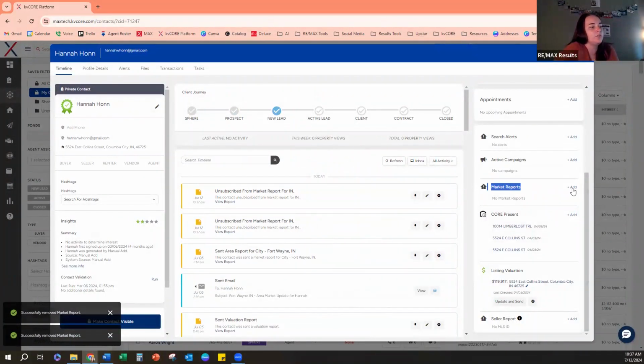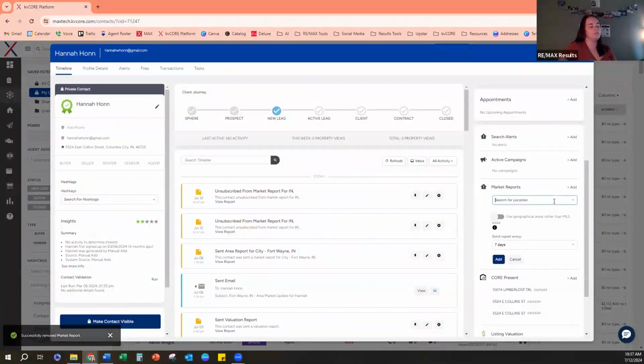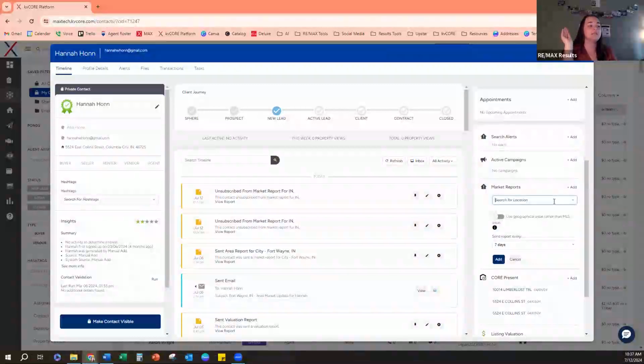So for market reports, you'll just click add and all you have to do is search for a location. This can be a zip code, a city. Some neighborhoods will come up. I find not all of them do. I think the newer ones don't tend to come up. But cities, zip codes, and counties as well. You can do entire counties. So you just type that in here